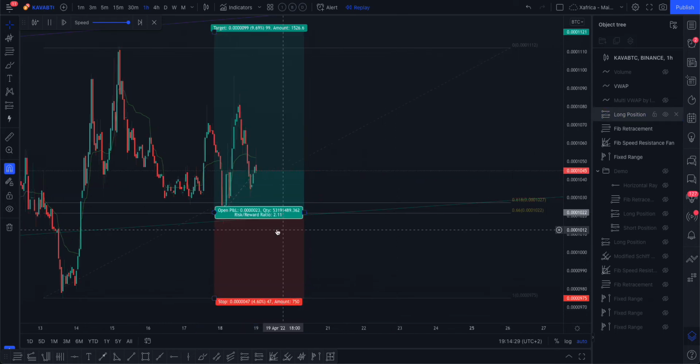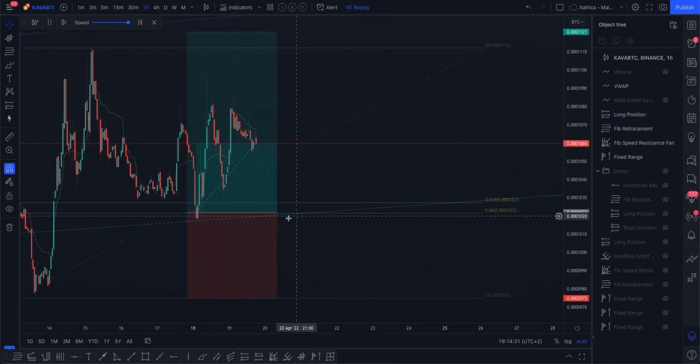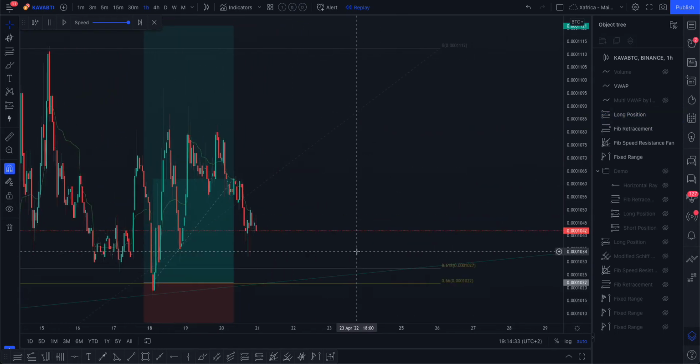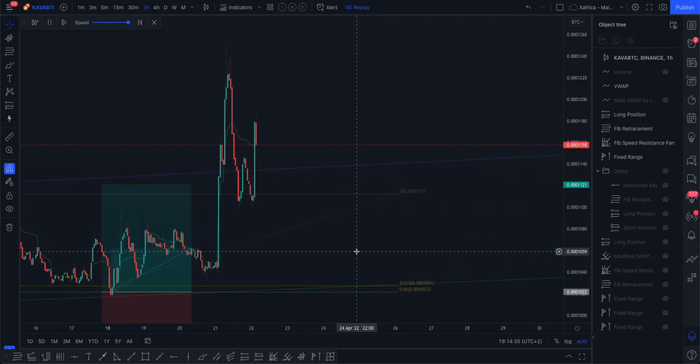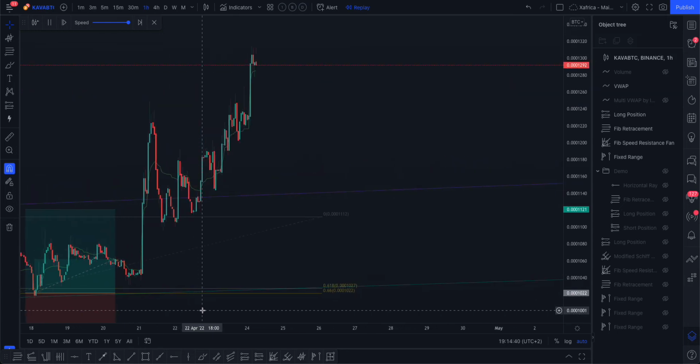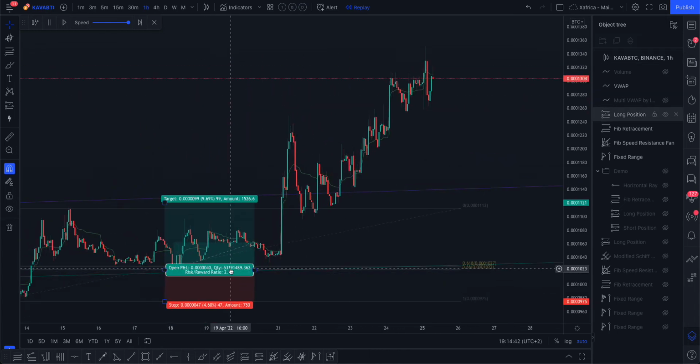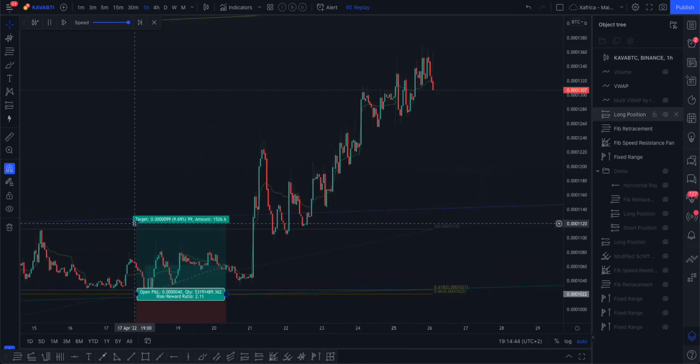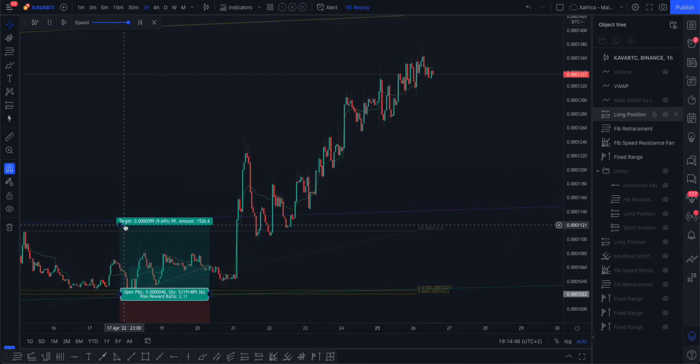See how beautifully it picked up exactly at our confluence where we predicted. So that's what you do in your trade. You always look for confluences. I'm making it sound so easy now, but I only saw this on the chart. I was playing around with Kava and I saw this and I thought it was a really good example,